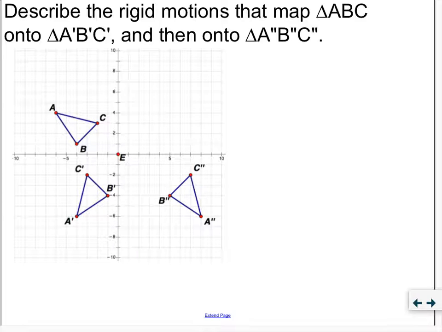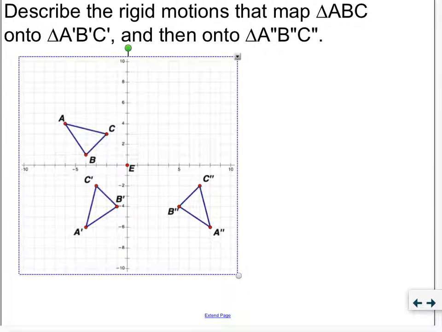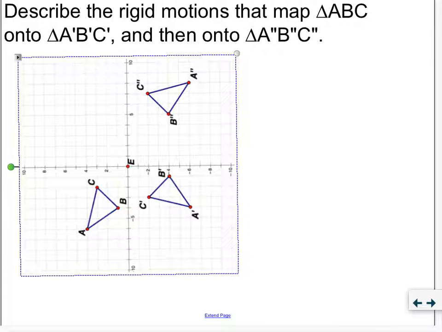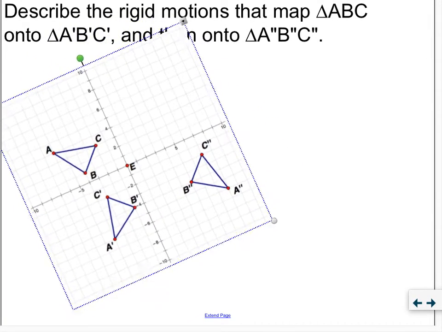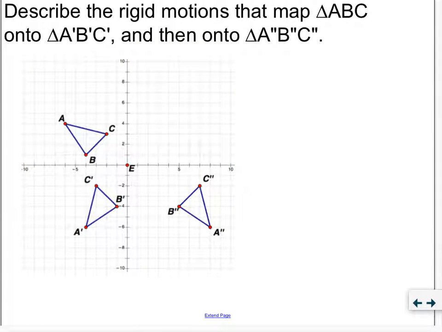One thing that might be helpful to do, let's see, can I move this around? So if you think about turning your graph paper a little bit, I'm looking at where triangle ABC originally is. If you turn your paper, can you tell that it kind of goes to where the image triangle was before? It looks like I'm rotating around the origin. So maybe what I'm doing here is I'm going to be rotating